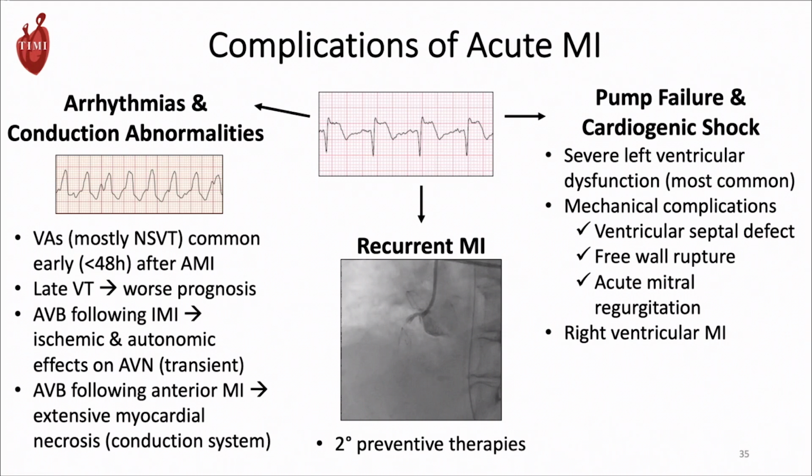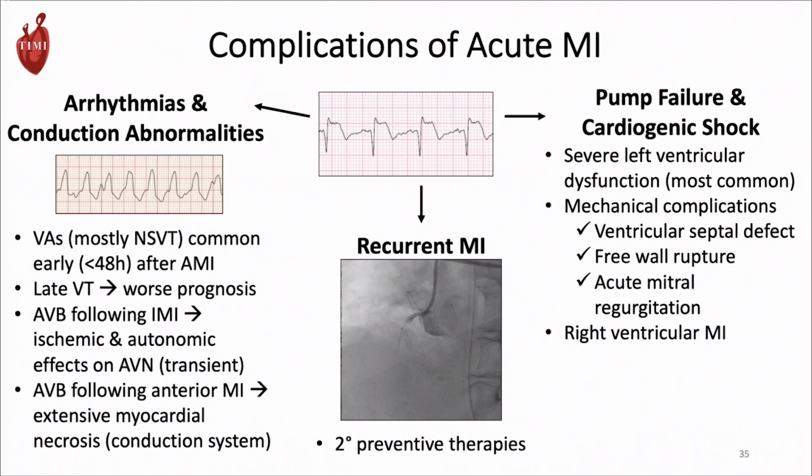And so those are the cases where we do think about using either early implantation of a defibrillator or using VES to try to prevent sudden arrhythmic death after MI when it's sustained VT beyond 48 hours. AV block can occur after myocardial infarction. When it occurs after an IMI, oftentimes it's transient and related to ischemic and autonomic effects on the AV node. If it's after an anterior MI, usually that's a result of extensive myocardial necrosis, and so it's less likely to